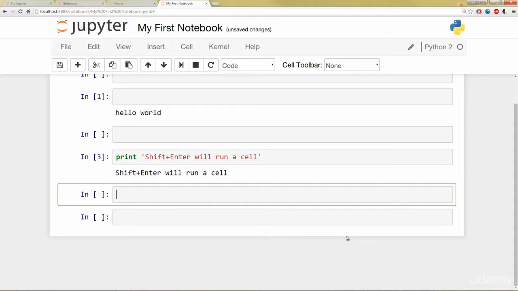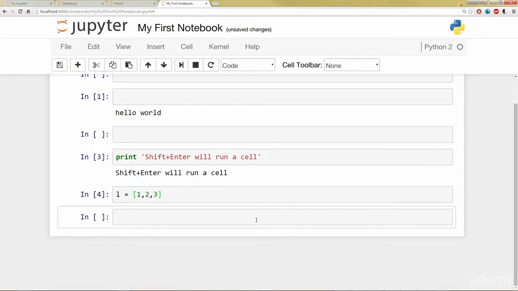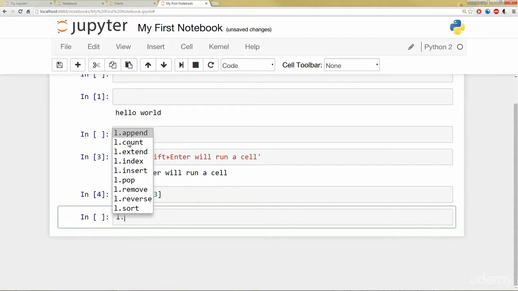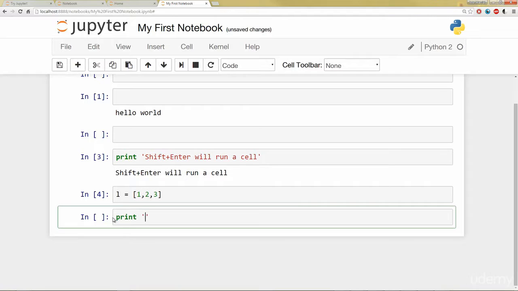As we learn more about Python, we'll learn about stuff called methods and different data objects. That's going to be the next section. So you'll notice I'll be able to, and I know we haven't learned about lists yet at all, but I'm going to make one just to illustrate this topic. So here I have a list of 1, 2, 3. Don't worry, we have a whole lecture on this. But something you'll notice me do is suddenly I'll get a pop-up that looks like this to call methods. What I'm doing is I'm clicking the tab key on my keyboard. So print tab will show a pop-up of the